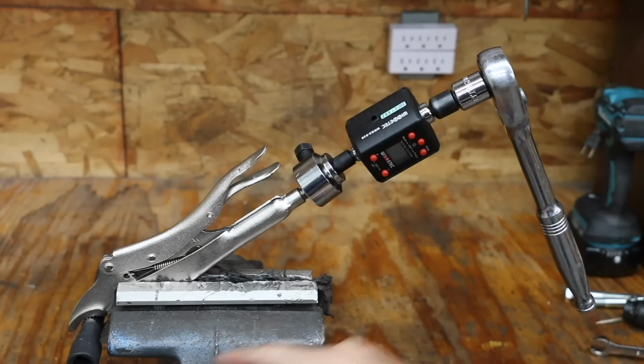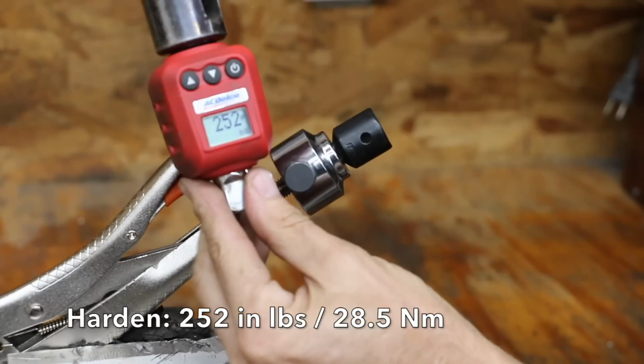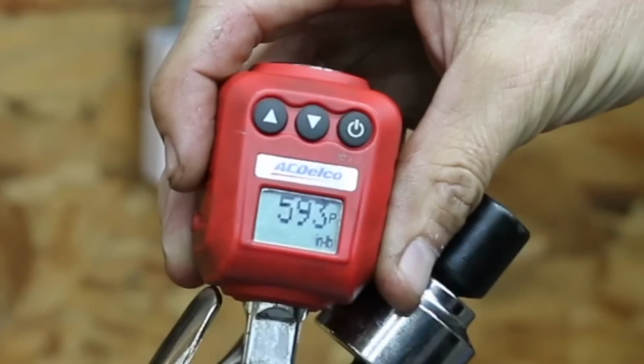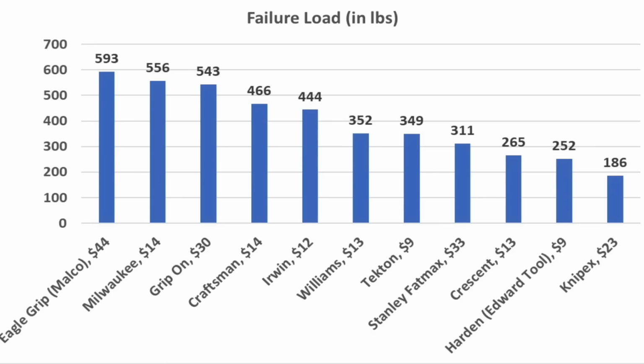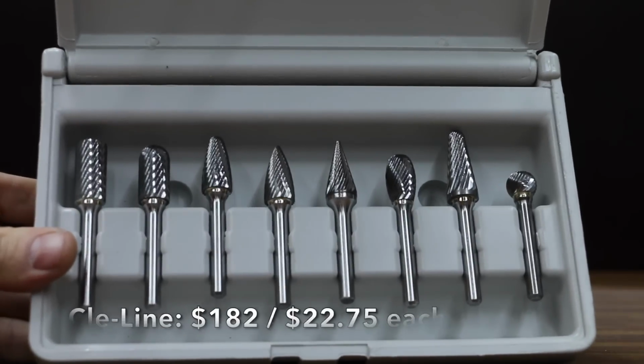In the final test, the adjustment screw was tightened on all the pliers until they broke. Half the brands broke at under 300 inch-pounds of torque. Once again, the Eagle Grips came out on top at a very impressive 593 inch-pounds. While the Eagle Grips are more expensive at around $45, they proved to be very capable and well worth the price. A high-quality metal burr set is worth its weight in gold, and the Cle-Line burrs earned a spot in